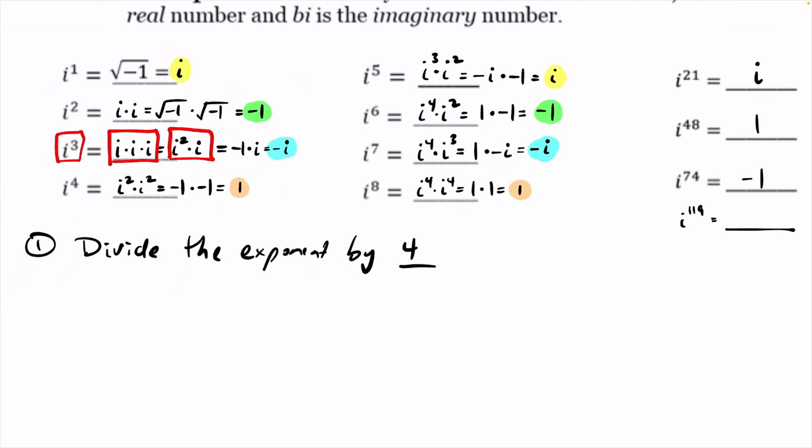After we divided by 4, what was the important part? The remainder, right? Okay. So number 2, if you get a remainder of